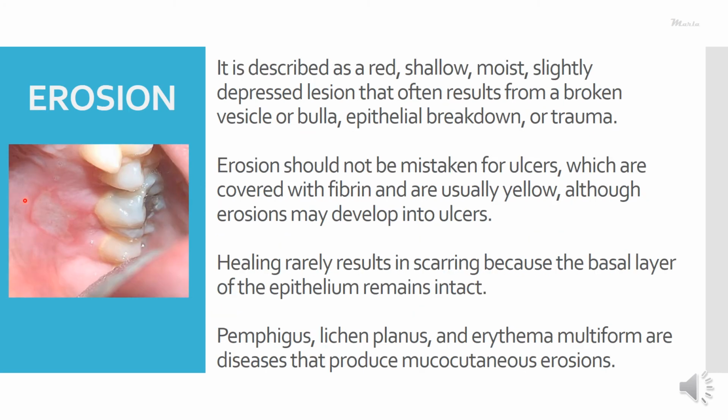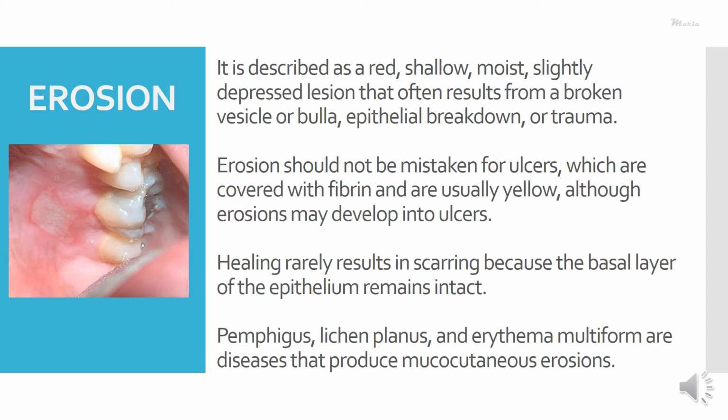Then we have some lesions which show erythematous areas, and we designate them as erosive lesions. We have a list of erosive lesions in the oral cavity like pemphigus, lichen planus, erythema multiforme. Remember that erosion is a secondary appearance in pemphigus, which primarily shows as a vesicle. Lichen planus may primarily appear as an erosive lesion. Erythema multiforme may or may not show erosive lesions primarily, but the final presentation will definitely be erosive.